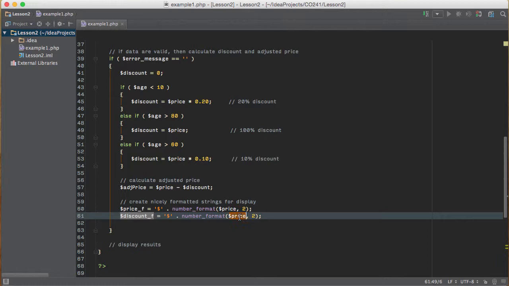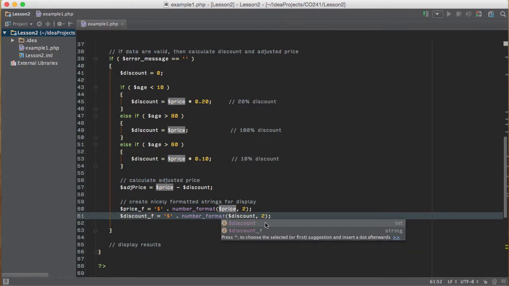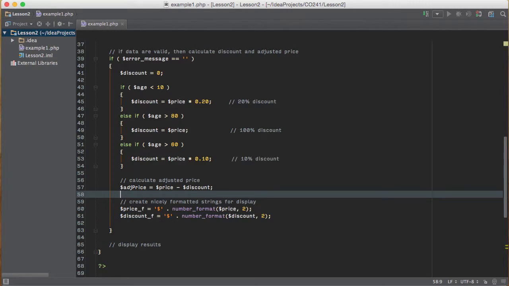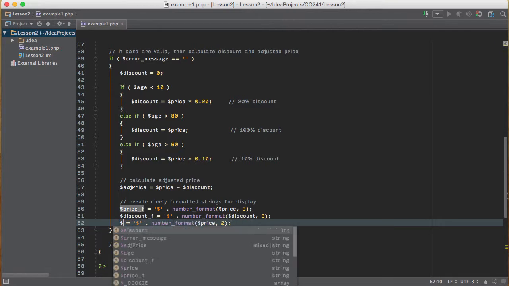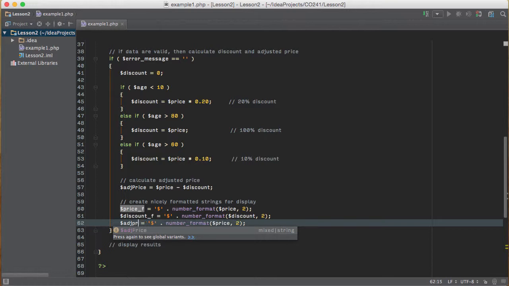And we'll put here discount. It works the same way. So I'll go ahead and do the other one here next. Okay, so I'm going to go in and do the same thing for the adjusted price, which is, so it'll be ADJ price. And I will put here, oops, that should be ADJ price underscore F, and then